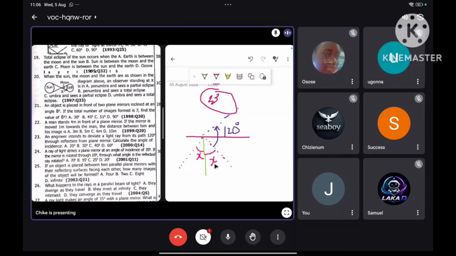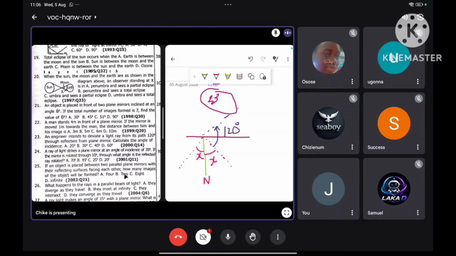So the purpose of this question was to throw you off balance so that it's not a conventional question, so that you can begin to panic and then leave what you're supposed to do. So first of all, before you start calculating, just get that first. And that's why I told you, any question involving reflection or plane mirror, first draw your normal. This is what I did here. This is my normal. First draw your normal and use it as a plane of reference. So the light was supposed to come, be incident on the surface, and then reflect up. But the engineer plans to deviate that, he intends to make this light go up by an angle of